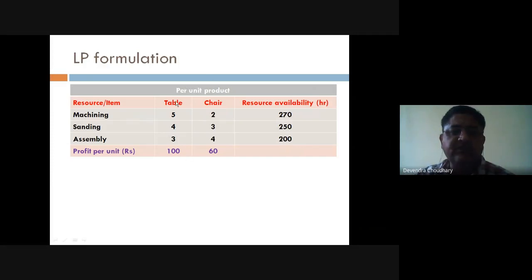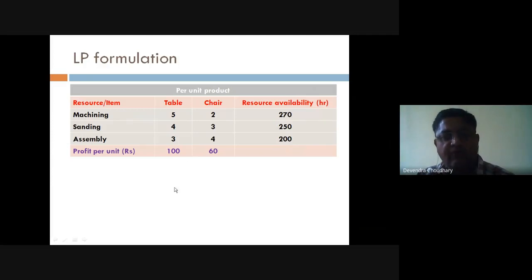Here decision variables are how many tables we are going to produce and how many chairs we are going to produce. So let T be the number of tables we will produce, and let C be the number of chairs we are going to produce.